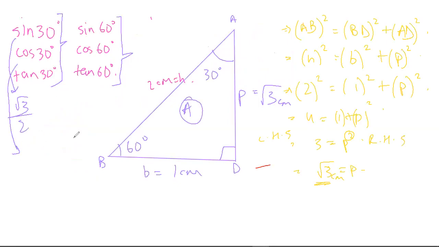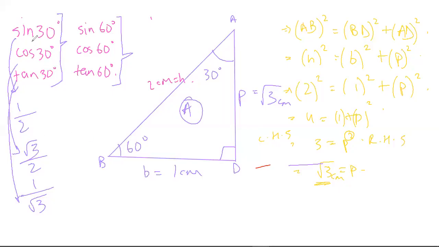Cos 30 degree will be, with respect to angle 30 degree, and 30 degree should be to the ground, base upon hypotenuse. So that will be root 3 upon 2 again. Then tan 30 degree. So tan 30 degree will be equal to, with respect to angle 30 degree, and the figure should be arranged in such a way that 30 degrees is to the ground. I'm not going to do that now because it will go into a whole new detailed way. So with respect to angle 30 degree, perpendicular upon base will be 1 upon root 3.